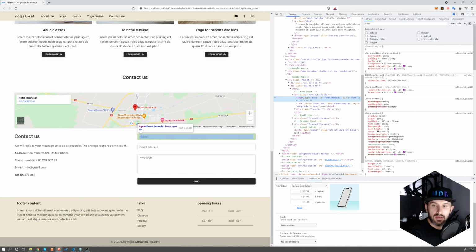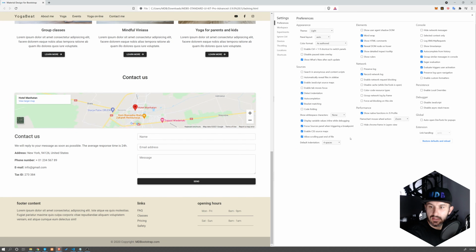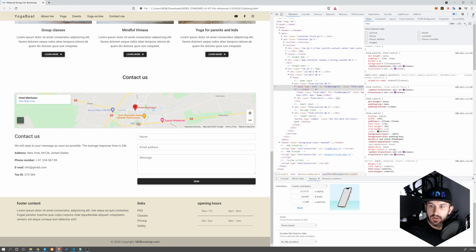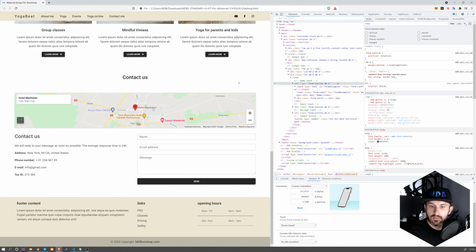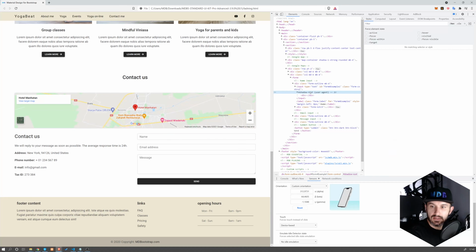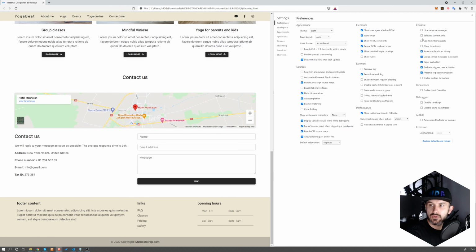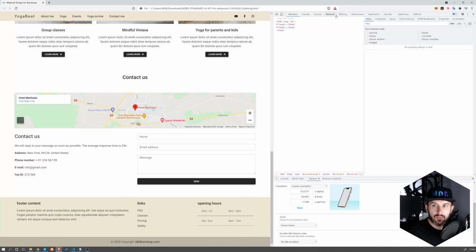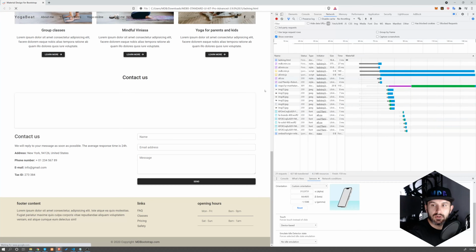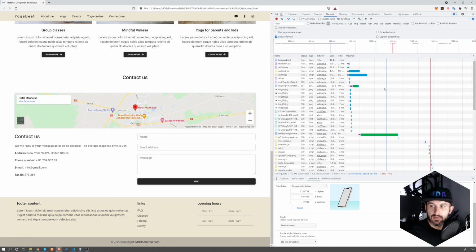And now, if we go to settings and choose show user agent shadow DOM, now we will see that this input has its shadow DOM representation, which is not visible at first glance without having this option checked in the settings menu. So before we move to another tab, this network tab also allows you to identify the bottlenecks of your page,